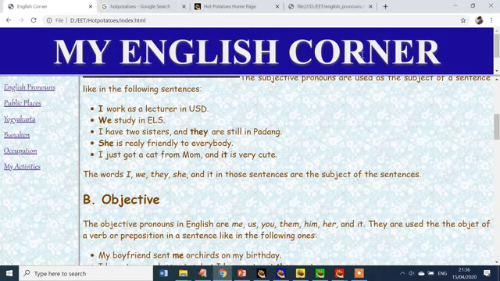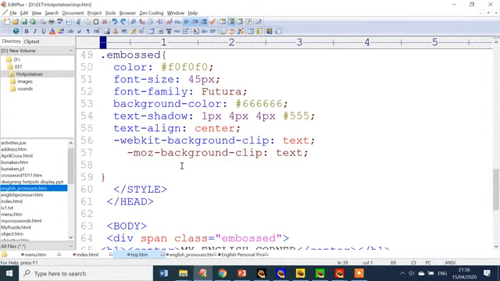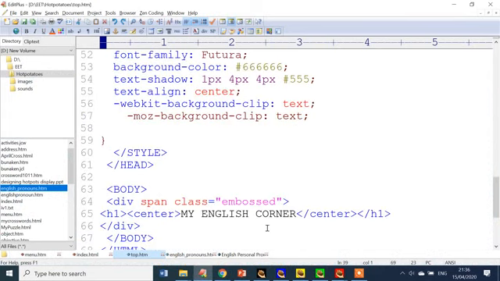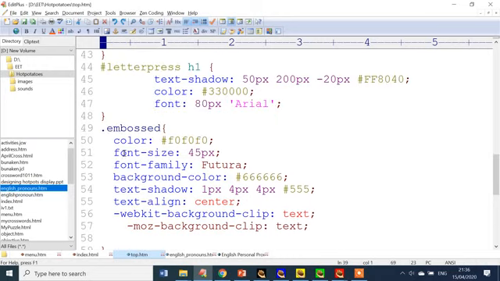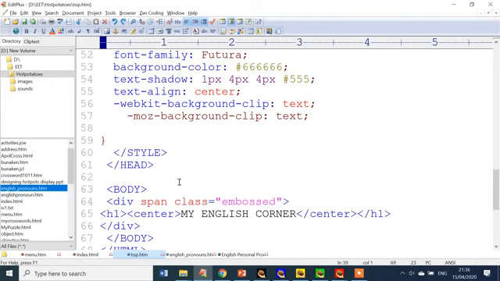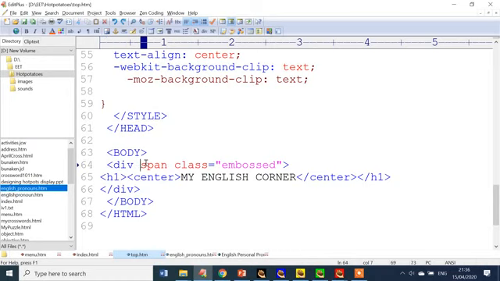This is like you have embossed letters over here, because my English corner is written with an embossed style. We have a span class over here to display the embossed character because it's written here with a dot. If we have a hatch or bar over here, then we do not use a span class, but we use ID. Let me try with ID,